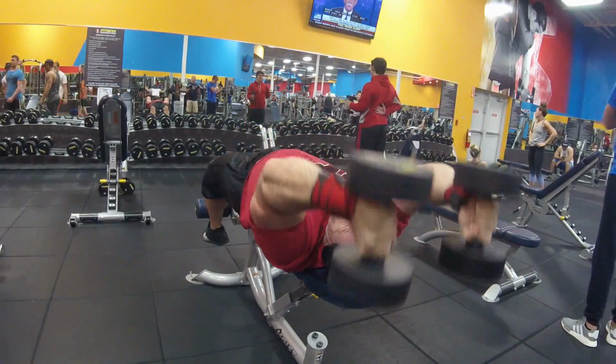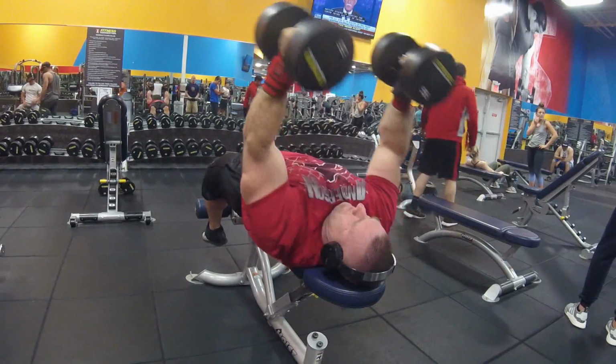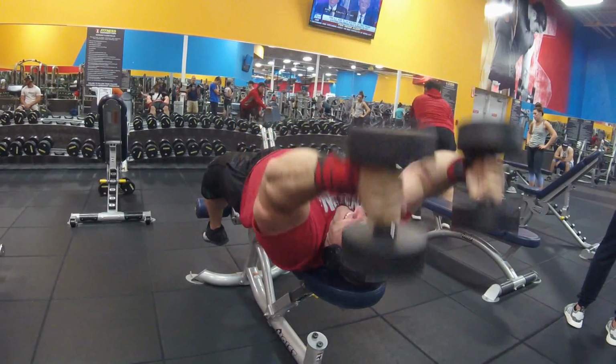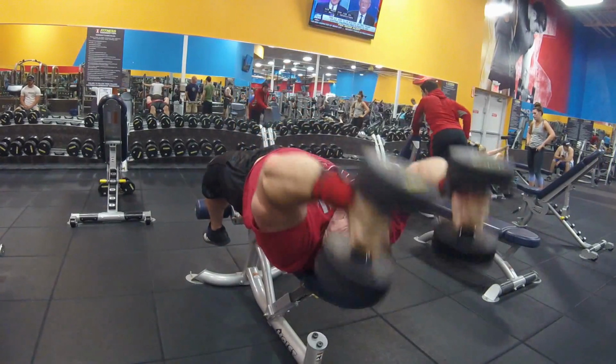That's the issue you're going to come across when you hit the higher frequency. We were just talking about how you can hit that real high frequency heavy upper back work. The issue with the triceps becomes elbows. That's going to be the limiting factor, not the muscle so much. So what you do in that case, you do some of the more elbow friendly